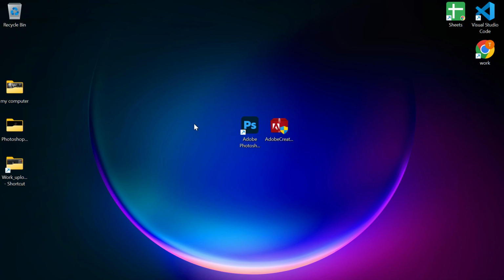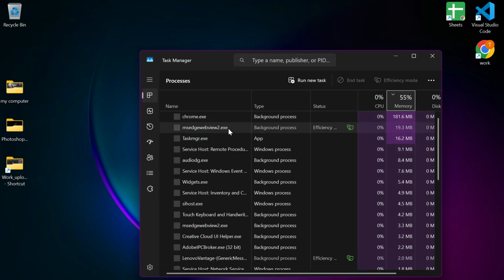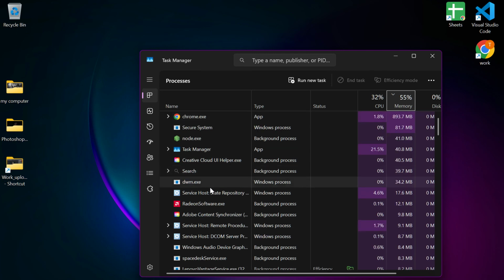But if error 21 still appears, move on to the next step. Now we're going to close any conflicting Adobe processes. This is important because background processes can lock files and prevent the installer from making changes. On your keyboard, press Ctrl, Shift, and Escape at the same time to open Task Manager. Once Task Manager opens, look through the list of running processes and end anything related to Adobe that could interfere